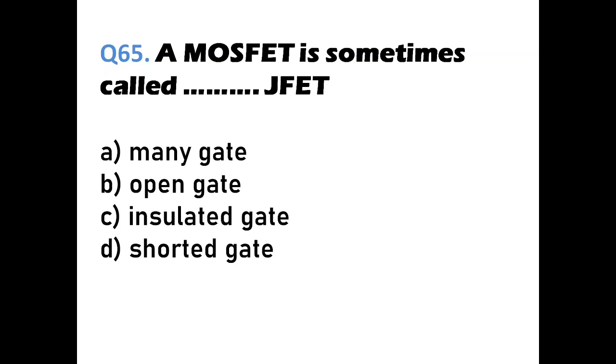Okay, so a MOSFET is sometimes called insulated gate FET, insulated gate JFET, anything you can call it. So it is insulated gate because of the oxide layer. The gate is insulated from the semiconductor, and that gives you a capacitive effect, and that capacitive effect will give you the description of how a MOSFET works. Okay, then we'll go to question number